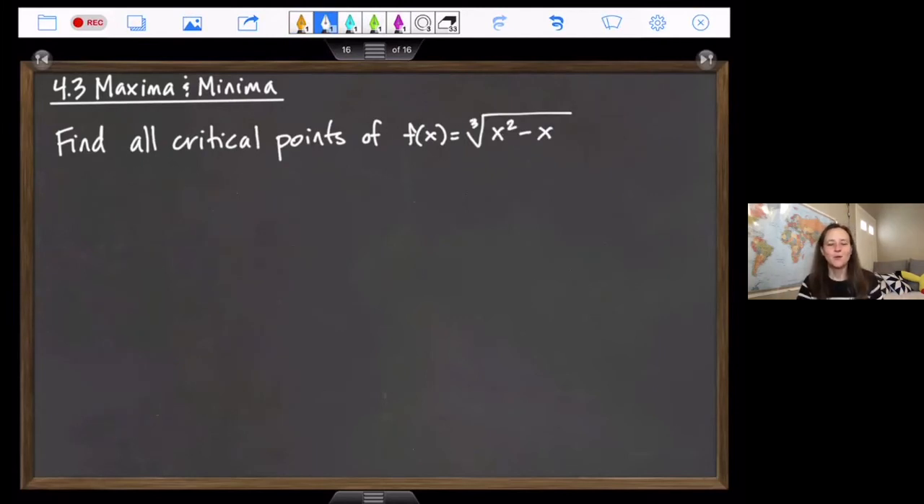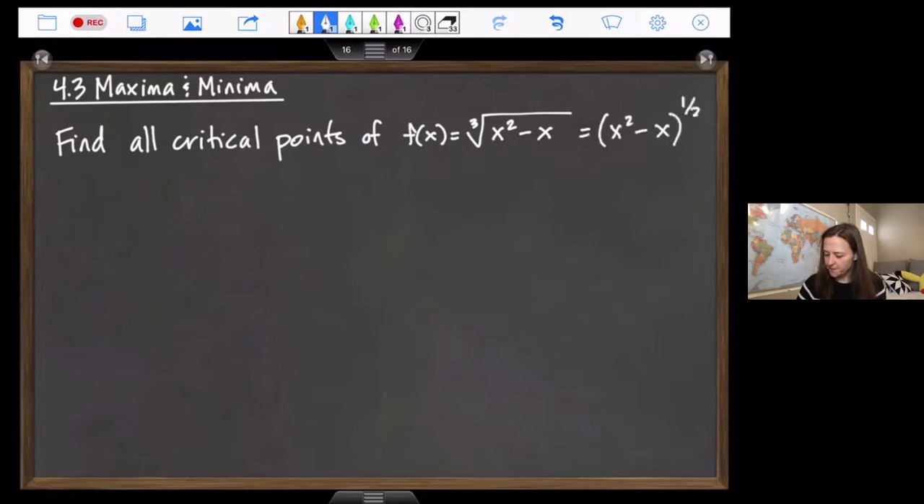We're going to find all the critical points for f of x equals cube root of x squared minus x. I know I'm going to take the derivative and set it equal to 0 or figure out where it's undefined. So if I'm going to take a derivative of this, I need to convert that root to an exponent. So let's rewrite this as x squared minus x